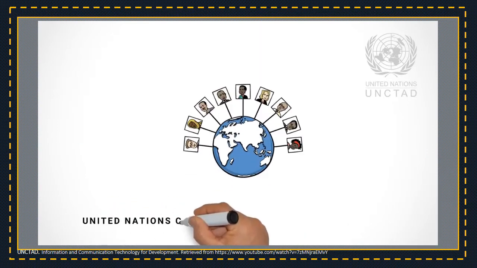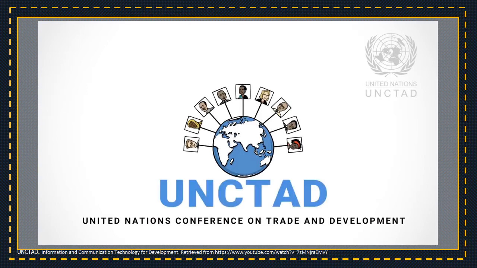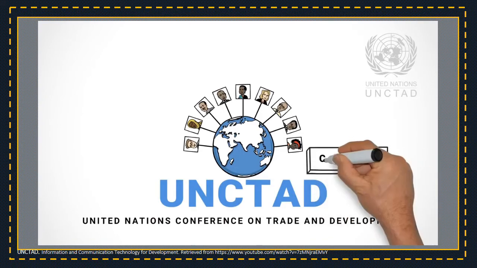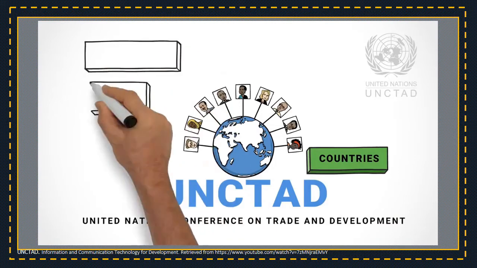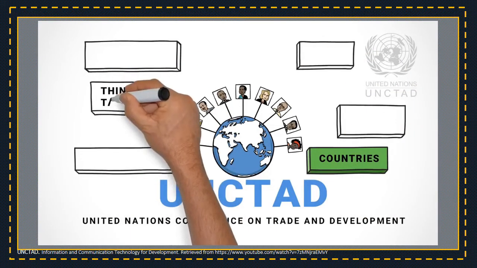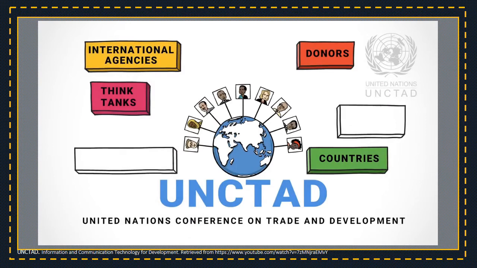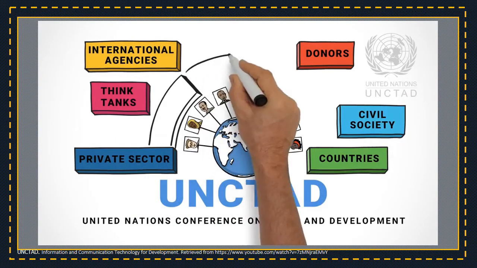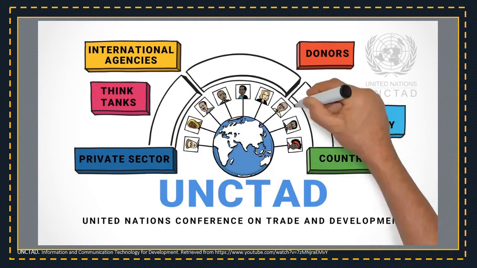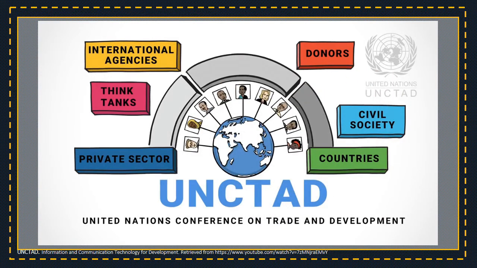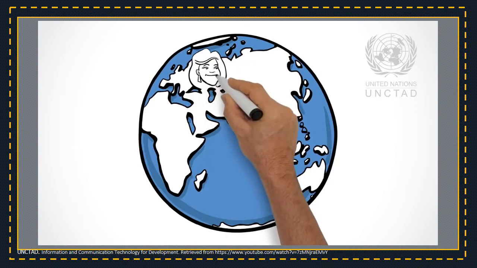The United Nations Conference on Trade and Development, or UNCTAD, assists the governments of developing countries towards this goal. It does so in collaboration with many partners, including international agencies, donors, the private sector, and civil society. In order for governments to foster productive and inclusive use of ICTs, they not only need physical infrastructure, but also the right policy, institutional, and legal frameworks to help generate trust online and thereby more productive use of ICT. These are areas where UNCTAD makes a difference.